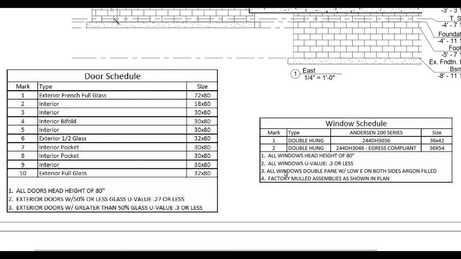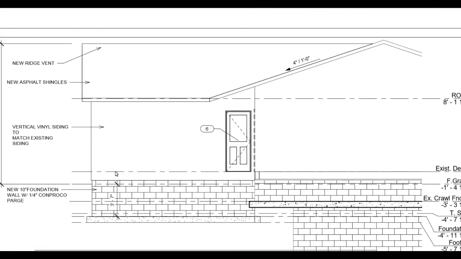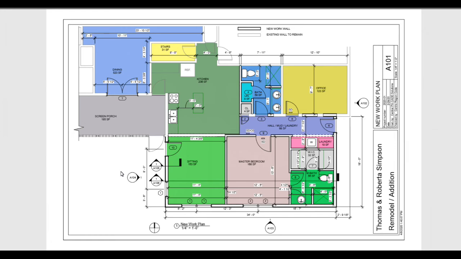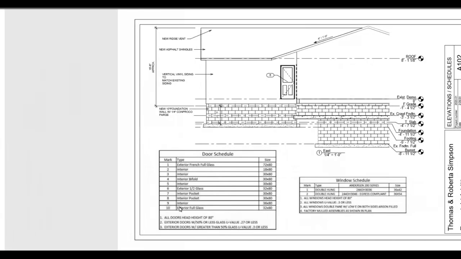So moving over to the window schedule, very similar. We have a mark which indicates what windows we're looking at. So we'll go find a window and do that in plan view. If I look, this window down here, window number 2, looks like a double unit right there. This one over here is window number 1, which is a double unit also, and then a single unit number 1 here. So if we go back to our schedule,